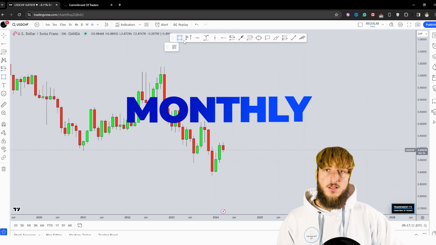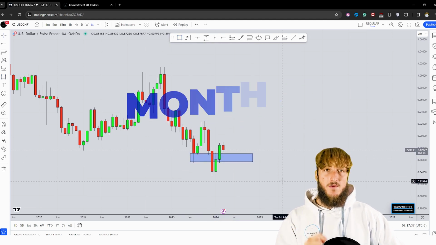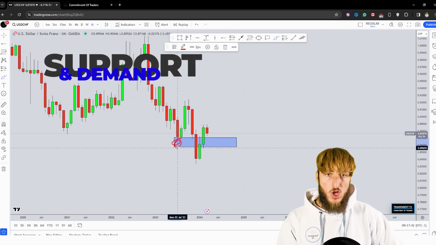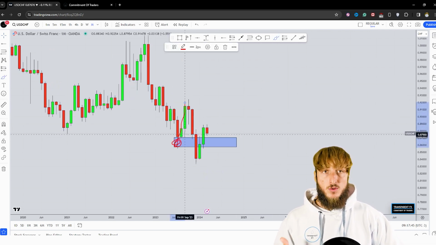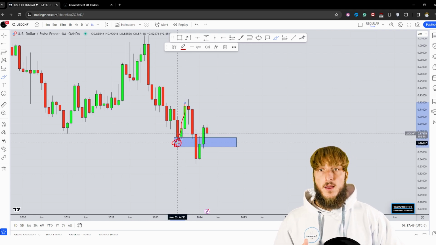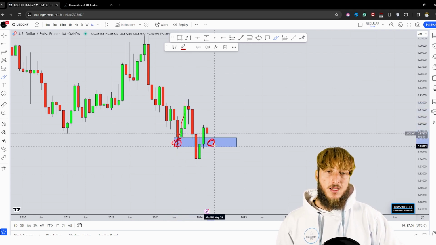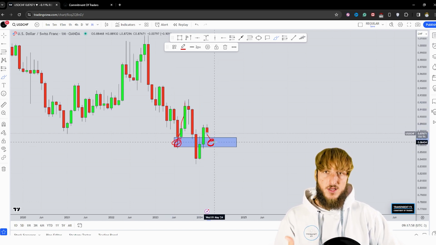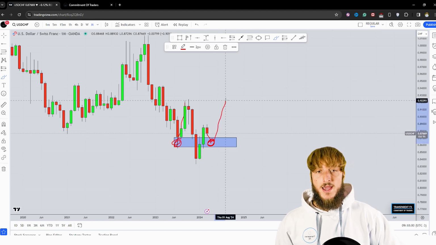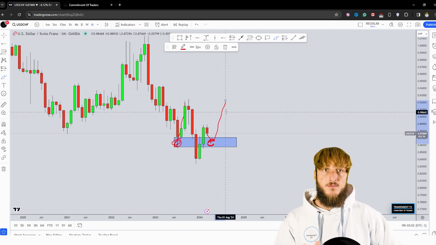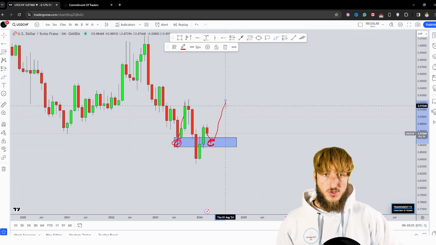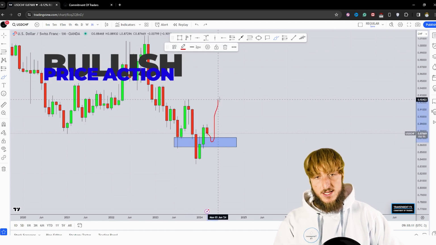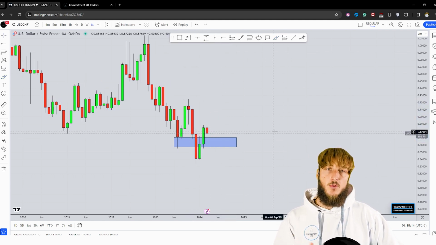Starting here on the monthly time frame, what we can see is that at the moment we have a market which is testing quite strong monthly demand and support. In fact, from here, all this previous rejection to the upside was created, confirming this area as quite strong monthly support and demand. At the moment, the market is approaching the exact same zone, so there is definitely the possibility of seeing a potential test of this strong monthly demand and support area, and then seeing a rejection to the upside being created away from this support zone. So from a monthly standpoint, everything seems quite bullish. We could expect a bit more bearish price action and then a potential rejection to the upside away from this